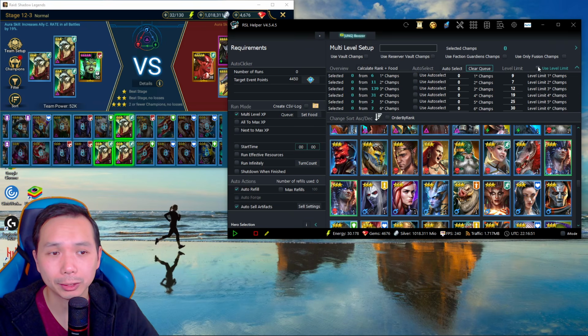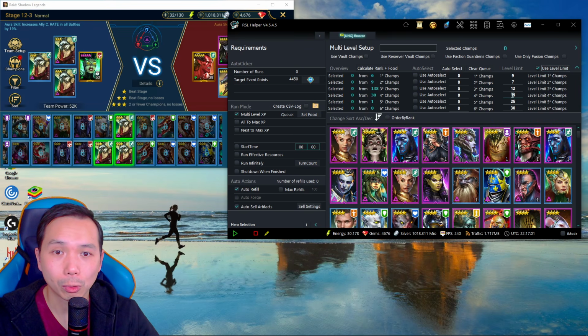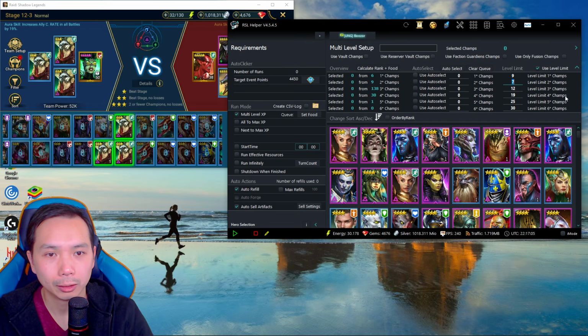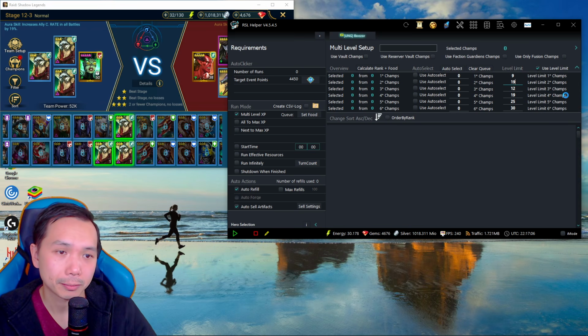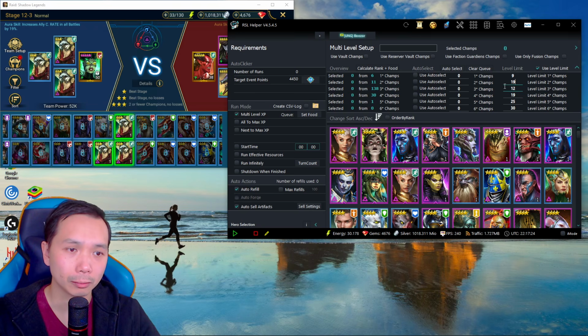It's kind of handy if you want to shave off a little bit of energy. For example, you could click level limit, and then for, let's say, 2-star champions, you can select level limit 19. So all your 2 stars that you select will be level 19, and then it will stop. So it allows you to save a little bit of energy by finishing them off yourself